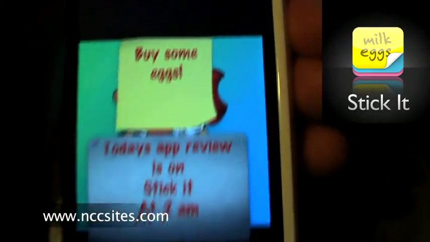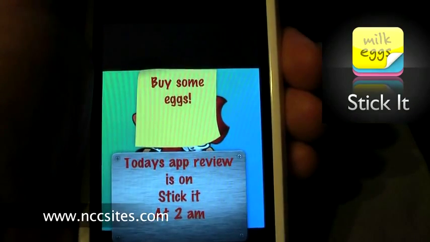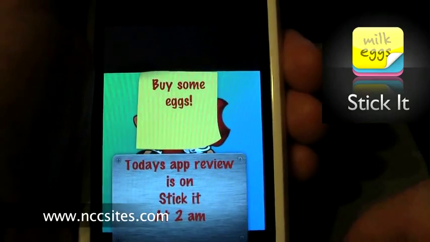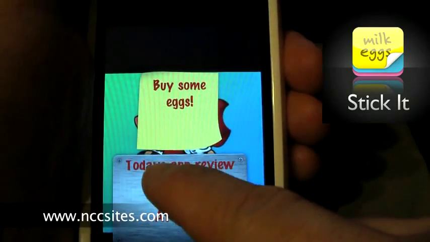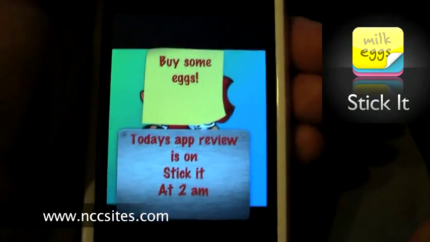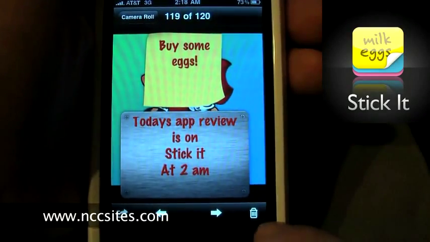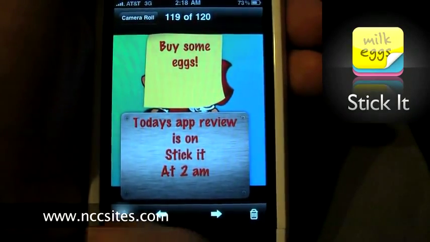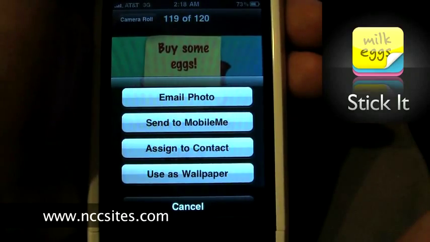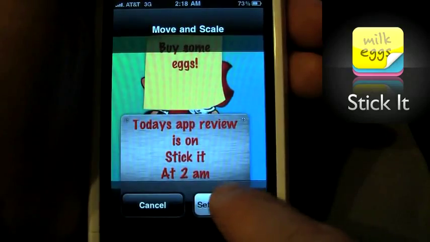Again, it's really hard to see the difference via the camera, but it's just a slight blur, and it's not really worth the time of doing the manual screenshot, especially if you're just worried about having your notes on your front screen. We'll click the image, and now the Apple designed trash, next image, and option button are here. We're going to choose the very bottom to save as wallpaper. We're going to set the wallpaper,